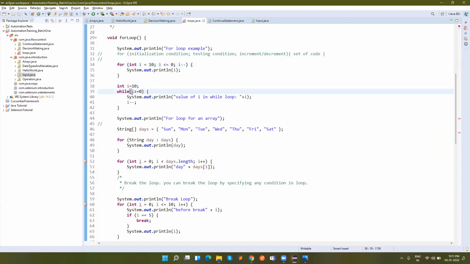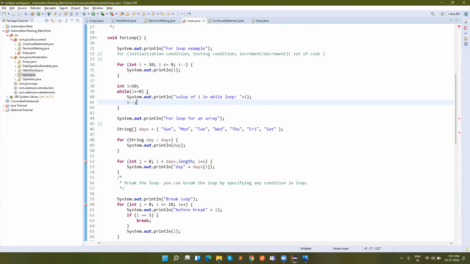While I is greater than or equal to 0, we execute this, and then we update the value with I minus minus. Initially the I value was 10. The condition is fulfilled, set to true. Then it executes, and then the I value is decremented by 1.